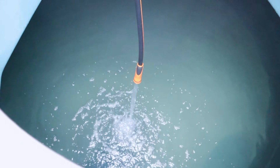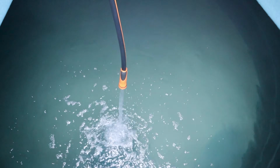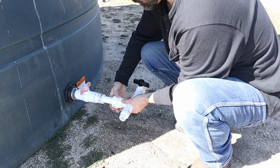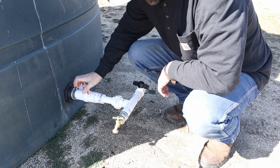I try to maintain it above half capacity, providing a buffer for the times when I can't visit the site. I installed 2 valves, one dedicated to irrigation and another for general water needs around the property. I should have noticed here that the water pressure wasn't that great at the tank, but that's a lesson I'll